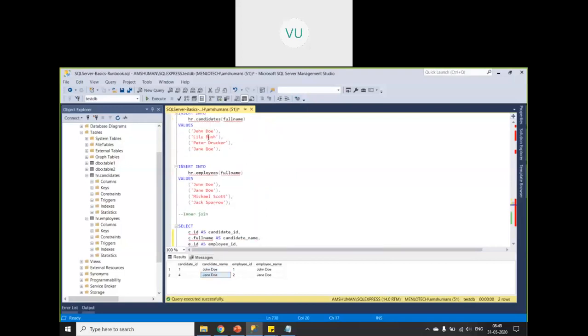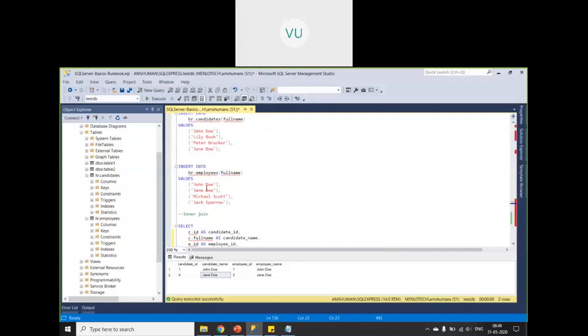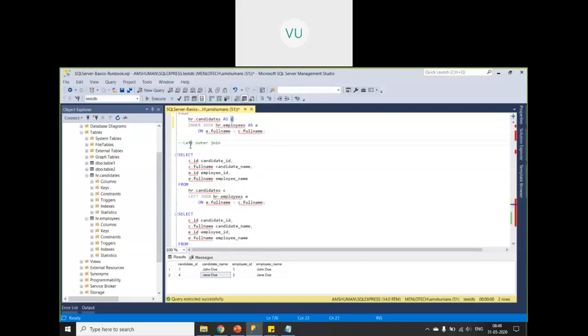Lily Bush and Peter Drucker are the other records. Even these records from C, the left side of the join, will be returned with null values, so it will not have any values for the corresponding columns in E in the result. That is left outer join.